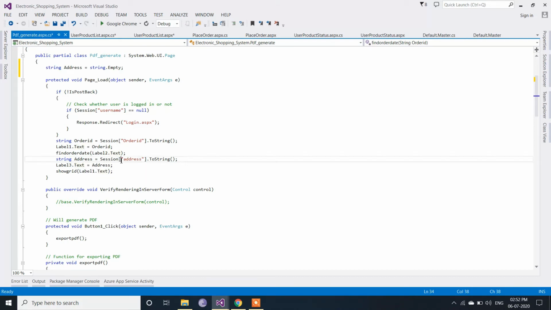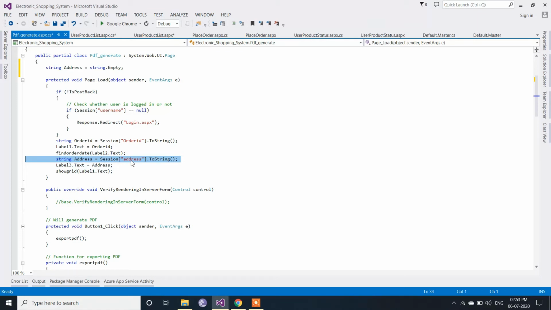Now we have to get the address, which is coming from the session here. Before, we had taken the session when making payment for a product purchased by the user; at that time we were providing the address below, storing it in a session of address, and using it here to display. But right now we are not going to get that address, so it's not possible to display it here.